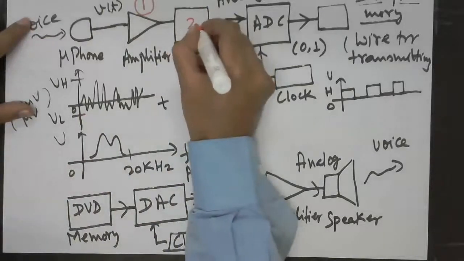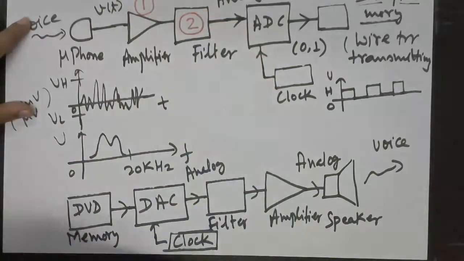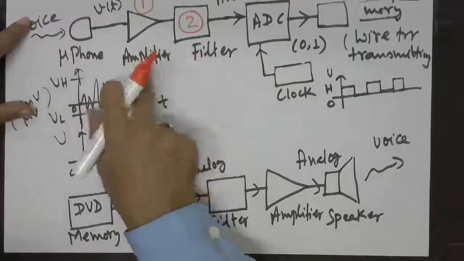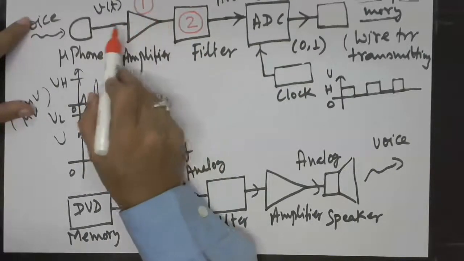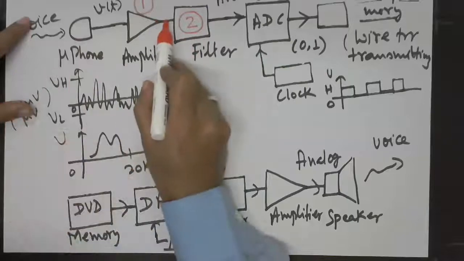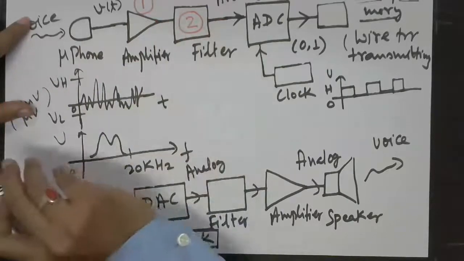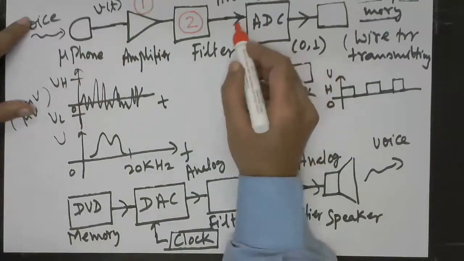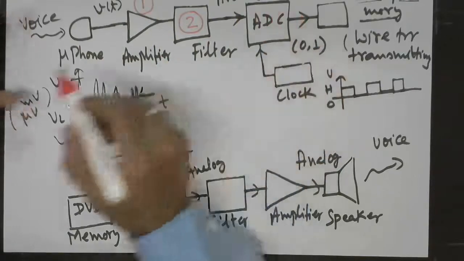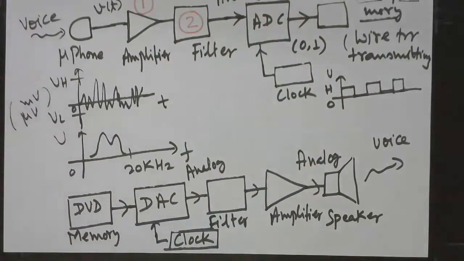Second circuit is filter. And these two circuits, they are analog, because here you can see that their input and output both are analog. Similarly for filter also analog and analog. But for these circuits which have analog signal on one side, digital signal on the other side, they are called mixed signal circuits,